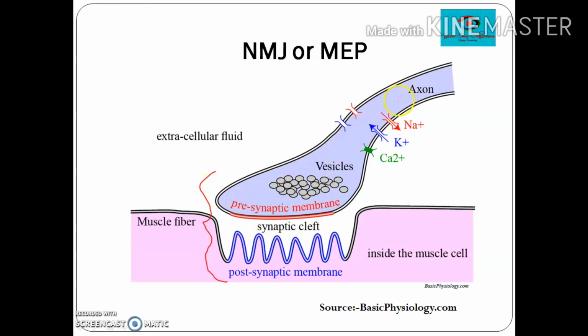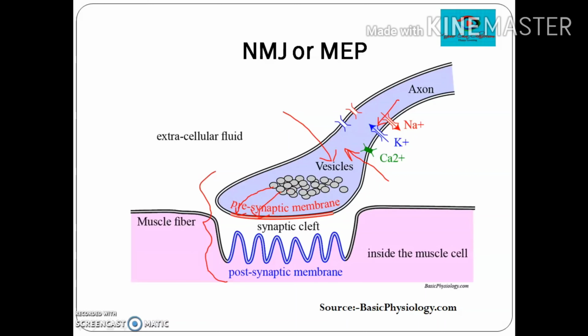So as soon as the signal comes from your brain in the form of action potential towards the presynaptic membrane, a large amount of calcium rushes inside the neuron from the calcium channels, and this calcium leads to the fusion of these vesicles present in the neuron with the presynaptic membrane. These vesicles contain neurotransmitter, and here we will talk about acetylcholine.